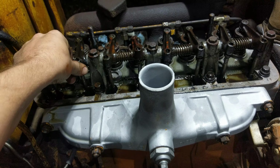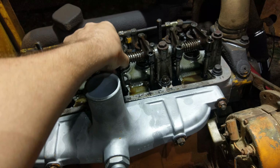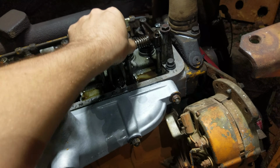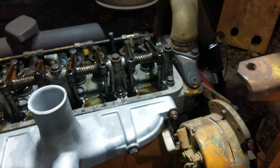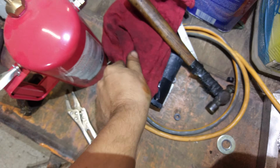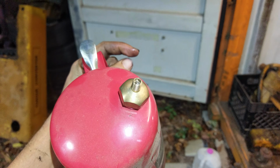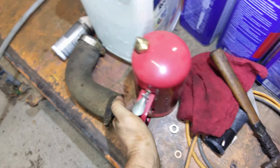So I'll probably need to adjust that one. Went through here with some shim stock and got all these back in order. There's literally an eighth inch of play in everything. Like, they were way out. And if no one has one of these, I got this on eBay. It's a spot spray. You fill it up with whatever and you put air in it. I've got just 30 weight in it right now because I needed to...